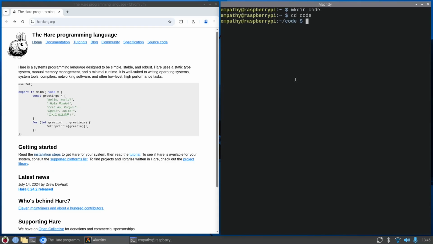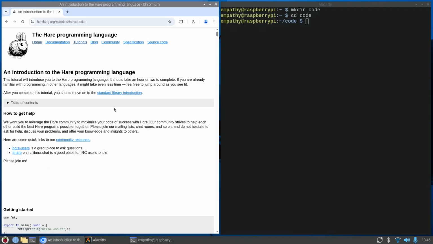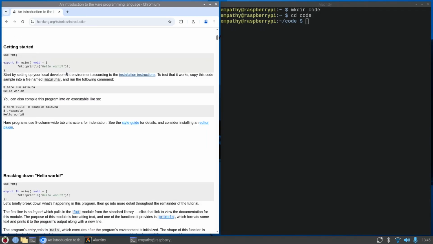I'm going to cd into this, and what I want to do is go to, let's click on tutorials, and then we want the general language introduction, and then this first part under getting started here is the example that we want. So in your code editor,